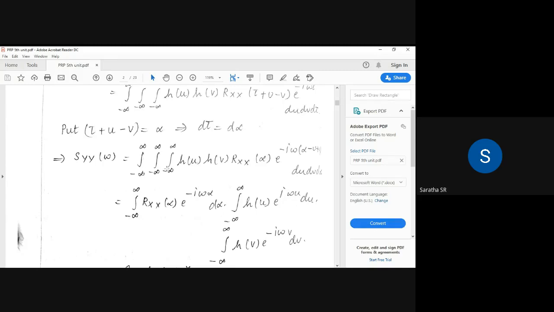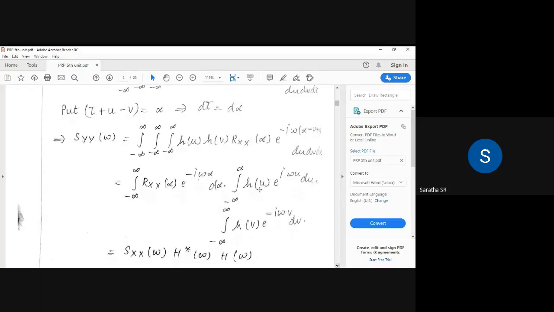So we can write this triple integration as one integration for alpha alone, one for the u term alone, and one for the v term alone, because here we don't have any u and v terms. Here it involves only the alpha term, here also alpha, here also alpha. So we have this answer. Then for u alone we have this integration, so we can separate it, and the same way for v. Because of that reason we took this assumption. So now we separate into three terms.